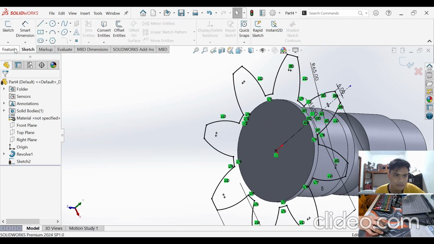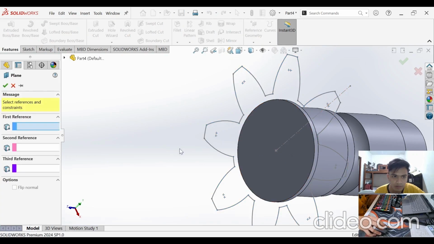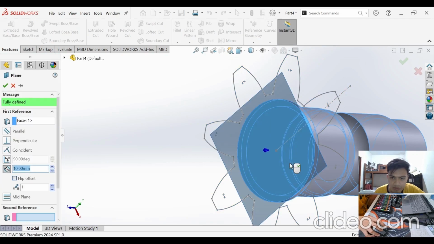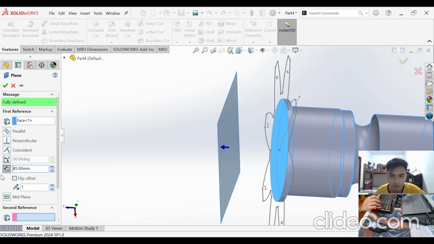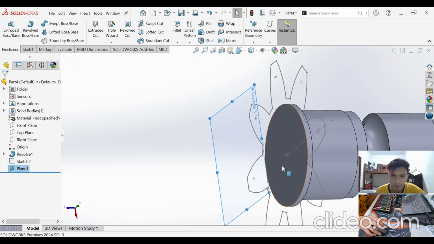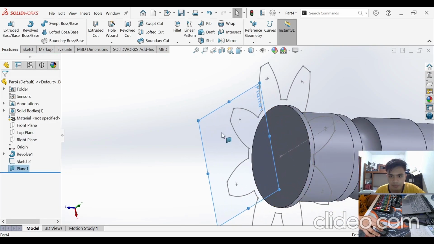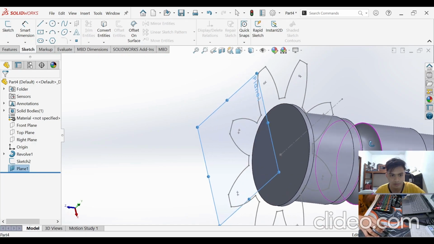So exit sketch first, proceed to features, and go to plane. Selecting the surface of our extrusion, this plane should have an offset of 45 millimeters away from the surface of extrusion. And after making a plane, we should now be able to convert the recent entities. So let us press convert entities.